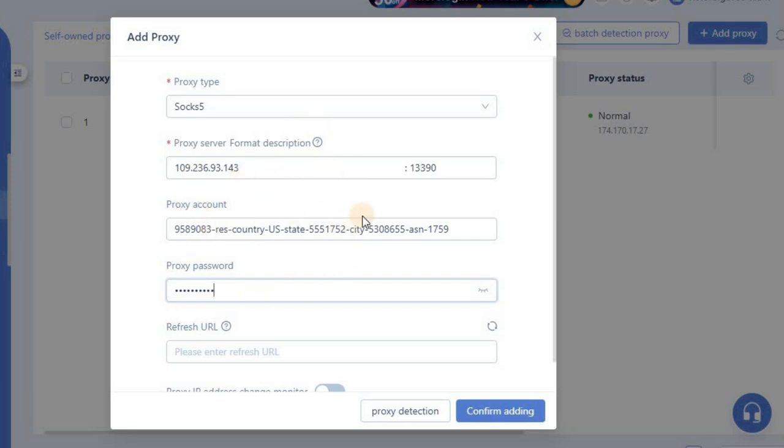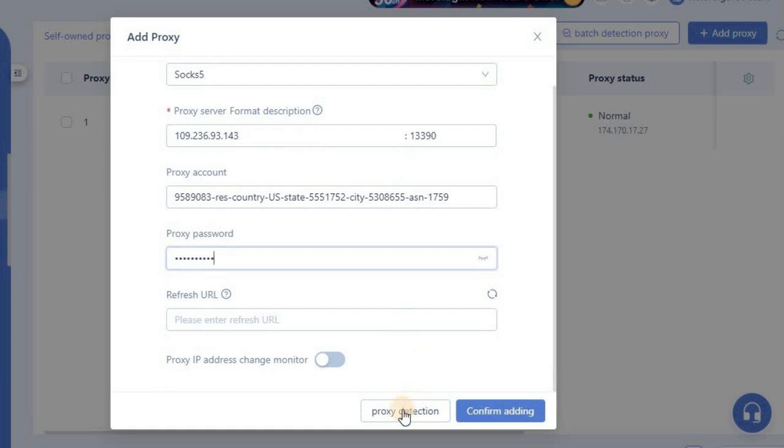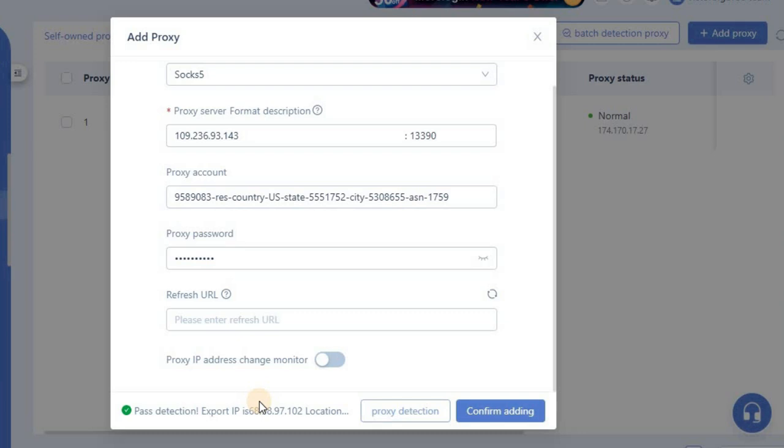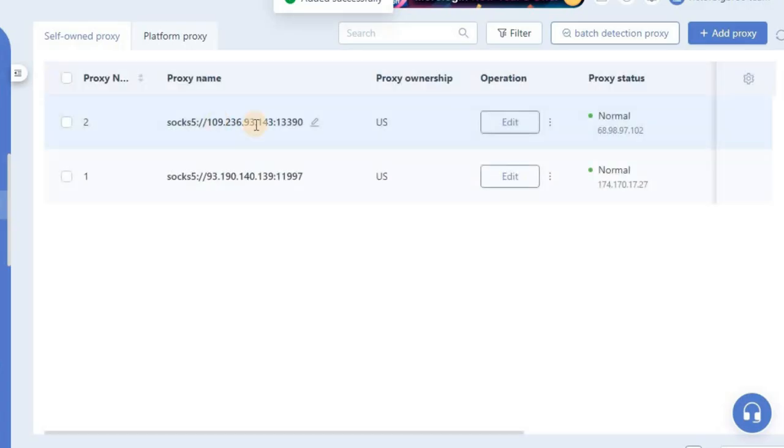Okay, how we know it's ready is by very easily clicking on proxy detection below here, and once we click on that, it's going to say testing. Now we're going to give it a couple of seconds to test, and right here it says pass detection, which means this proxy is active and working. So we can very easily click on confirm adding, and once we click on that, it's going to